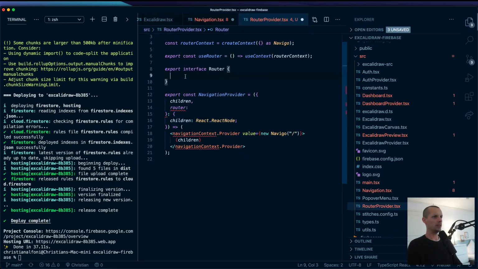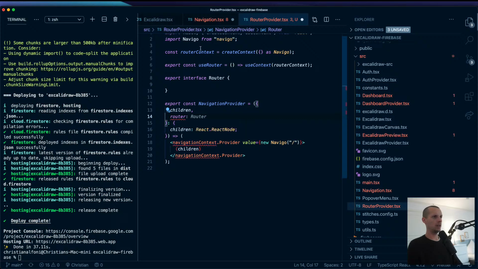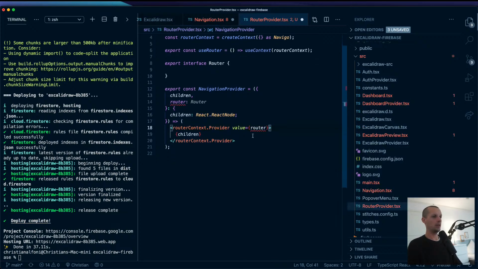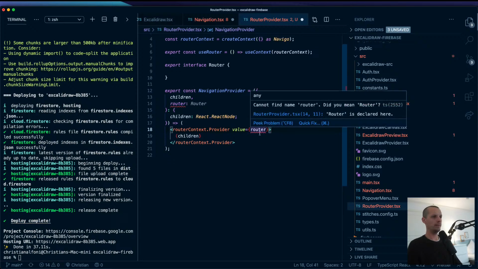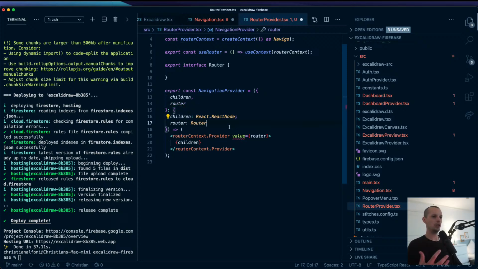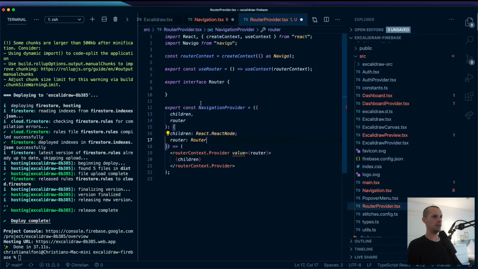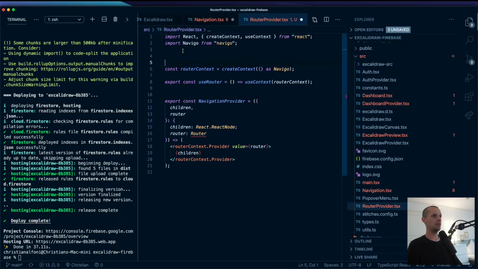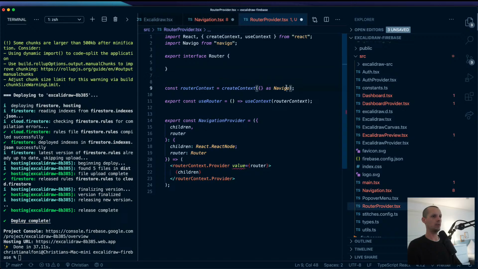Export interface Router, and then we have router. And this is router context. And this is where we put the router. Cool. Oh, sorry. Router. Now, we can choose the interface for this, right? We can choose whatever we want there. So we just want a way to